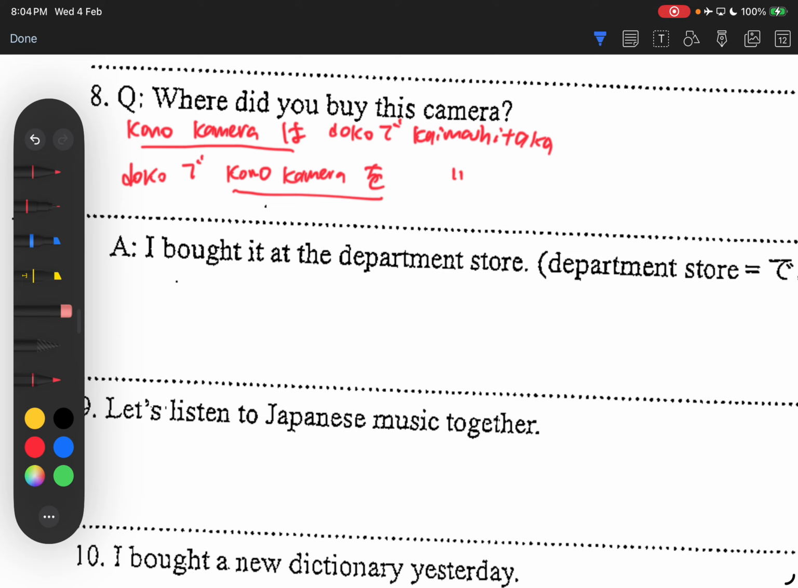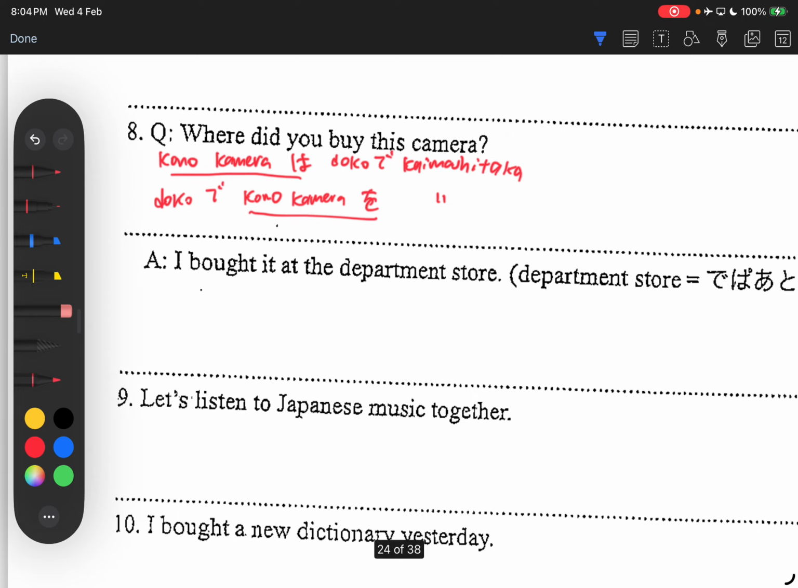8A. I bought it at the department store. デパートで買いました。Thank you. So the place of action: デパートで買いました。